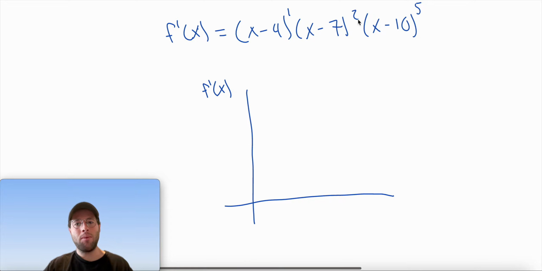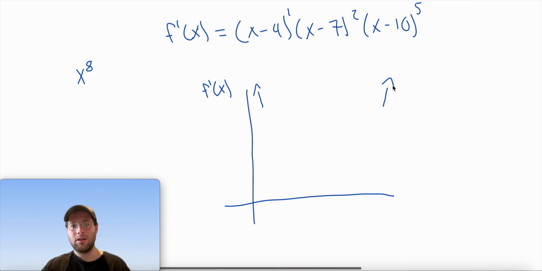So we'll add up these exponents here. So 1 plus 2 plus 5 is going to be 8. So the leading term would look something like x to the 8th. So it has a positive coefficient, and it's raised to the 8th power, which is an even power. And so determining by using end behavior, we know that this function is going to kind of look like